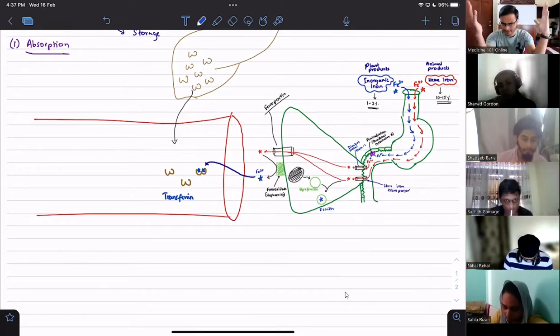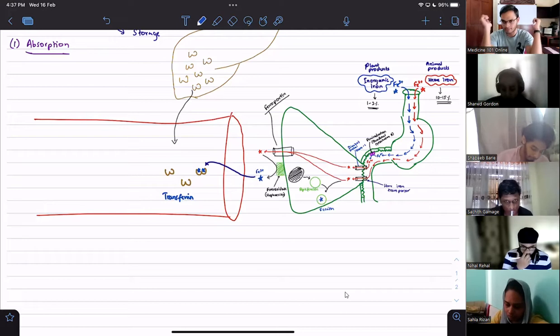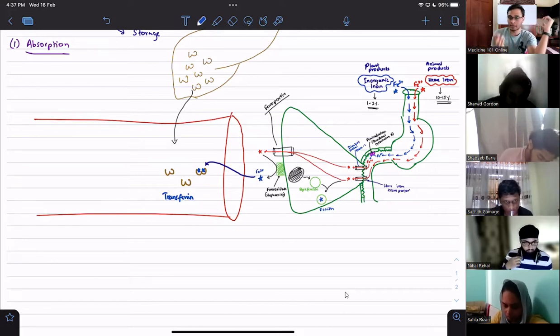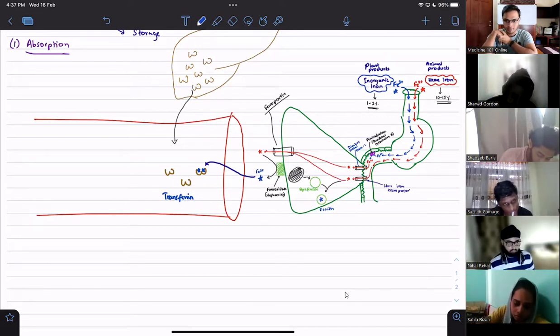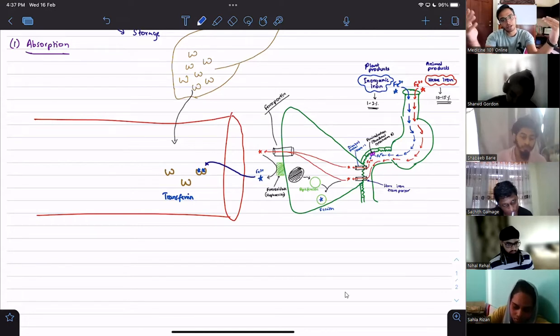Why is that? Can you all just imagine, I'm giving you a statement: transferrin is produced in excess. For example, now I'm eating some chicken, and I'm going to an atomic level. This is impossible to say, but just to make things clear, I'm getting 50 ferric ions from this chicken coming into this place. But my liver is producing at that same time more than 3 times, more than 150 transferrin molecules.